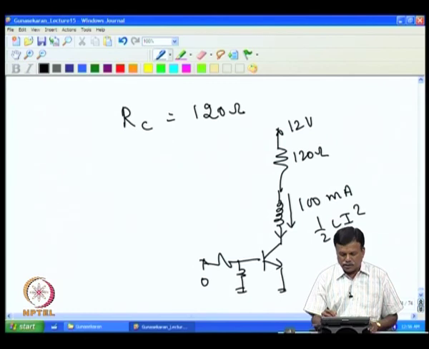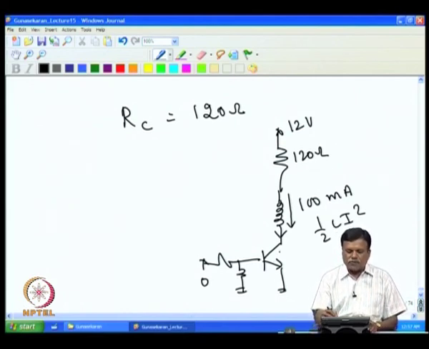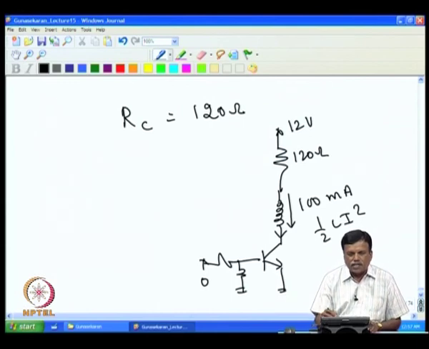Now, when I switch this off, whatever current is flowing through this cannot go through, because the switch is not allowing that current to flow. So you are trying to interrupt the flow of current, which means the current starts decreasing, and a decreasing current produces a decreasing magnetic field. The decreasing magnetic field will induce a voltage in the coil, a self-induced voltage. As soon as I start switching off, the magnetic field starts collapsing, and the collapsing magnetic field induces a